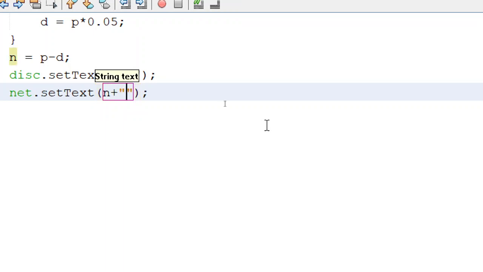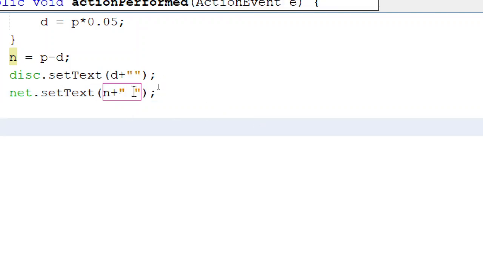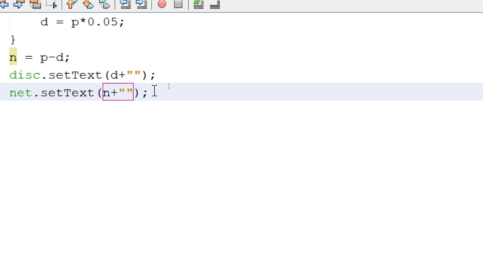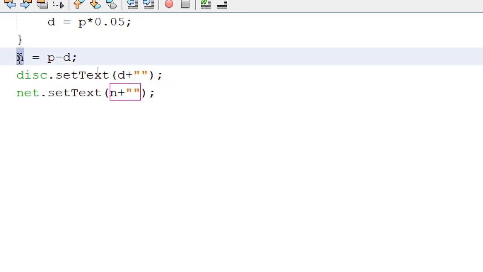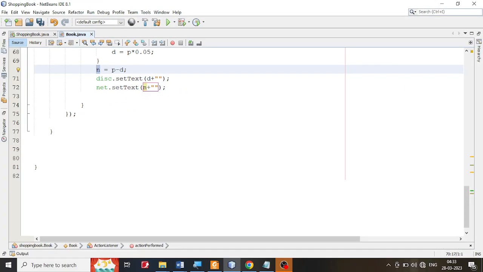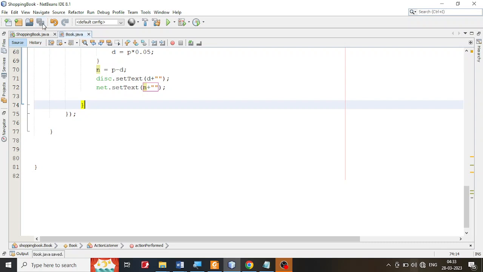the text. If you want, you can put a space. Without space also it is a text. With the space, with ten spaces also, everything is just a text. So even though n is a double, it just becomes a text. When you concatenate, that word is concatenate, it just becomes a text. Now if you run it,